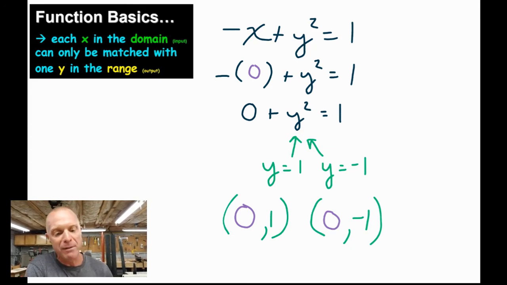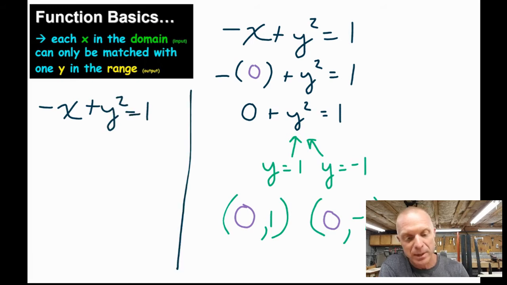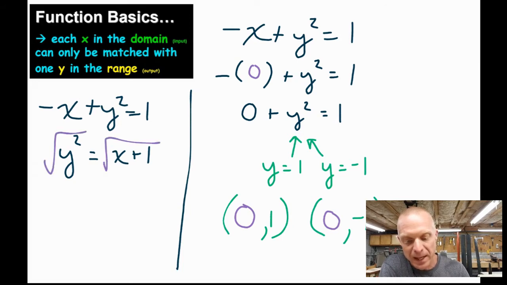But if we want to use a graphing method, then we're going to need to be able to solve this equation for y. And if we want to solve this equation for y, we got to be careful about some details. One of those details would be that, of course, we want to move the x to the other side. That means you're going to add x to the other side. The other detail would be that I want to take the square root of both sides. Now remember, when you take the square root in an equation, that creates a plus or minus. And so what this is really saying is that y would equal a plus or a minus square root of